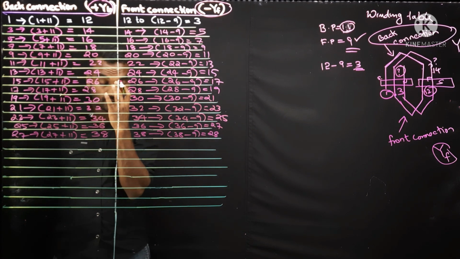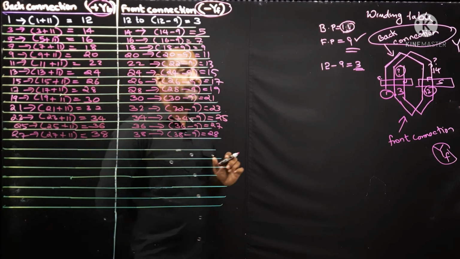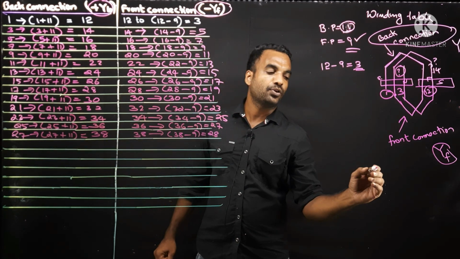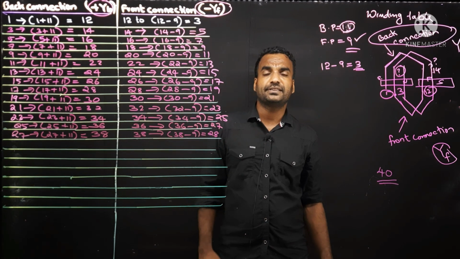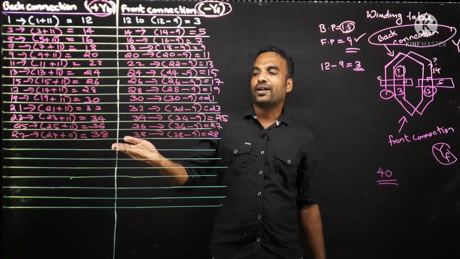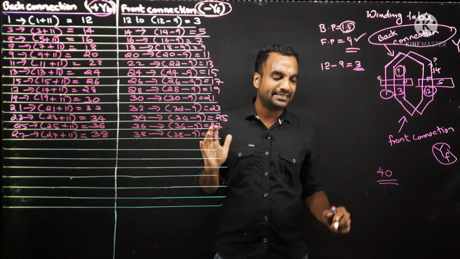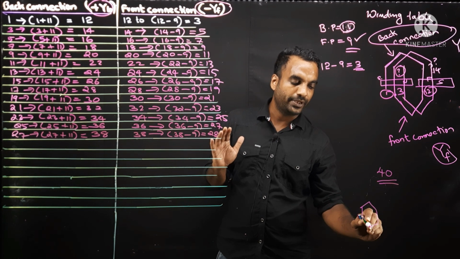Now we are going to some new twist. You will need to be really careful now because we are approaching 38 and we know that the total number of conductors is 40. We just have 40 conductors. What happens when you reach the 40th conductor? You are starting from this side and you are going like this.